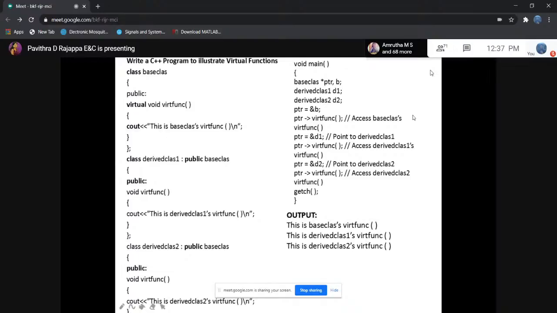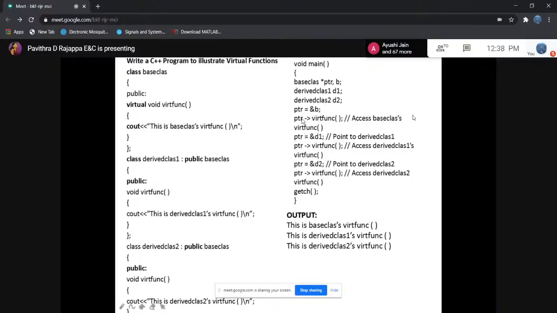D1 holds the object of derived class 1, and D2 is the object of derived class 2. The objects are created. Now the pointer is pointing to the address of object B. Now the pointer points to the watch function and accesses the base class. In order to access this watch function, I have to use this pointer variable.